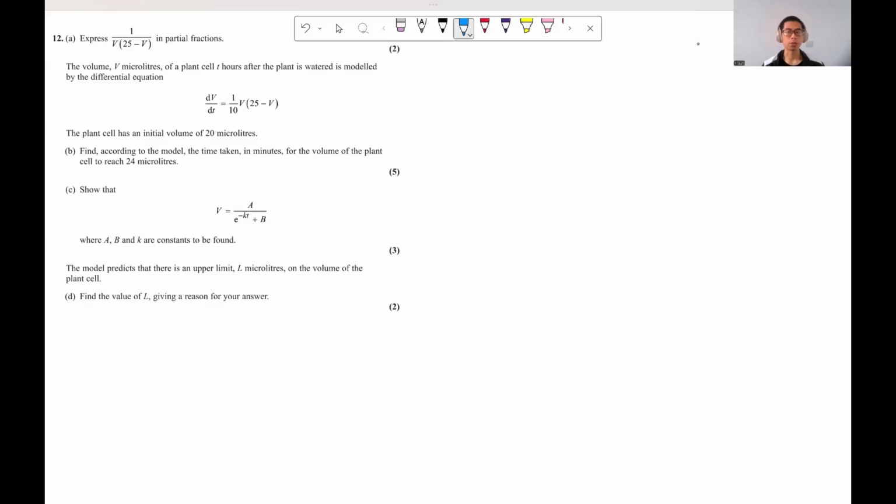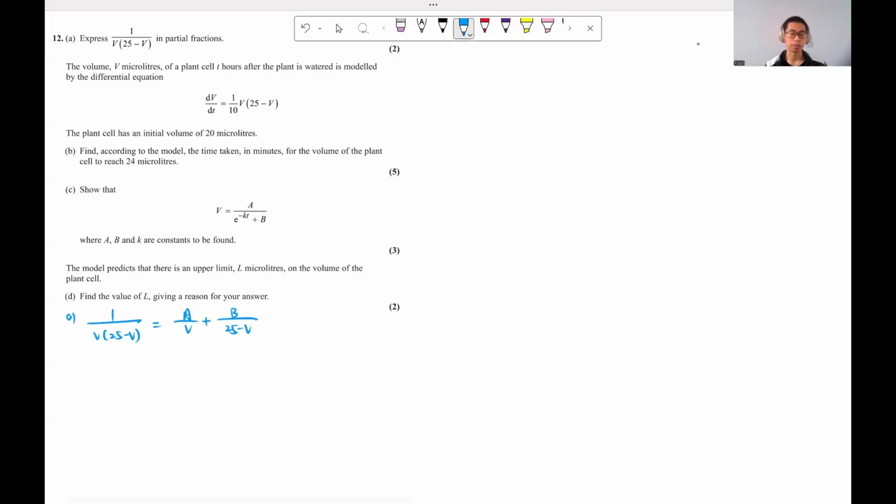Let's have a look at question 12. So part A is just a partial fraction question. So let's do that quickly. So part A, 1 over v times 25 minus v, that's equal to some constant over v plus another constant